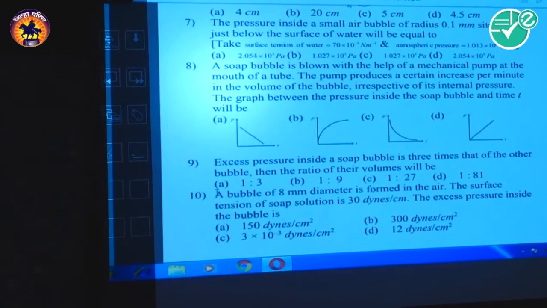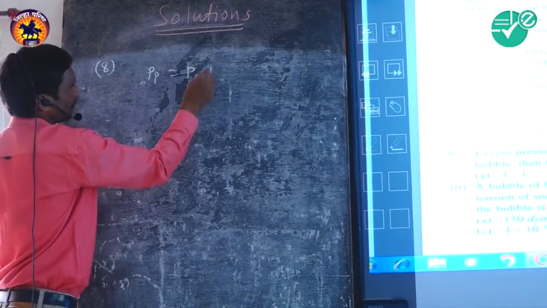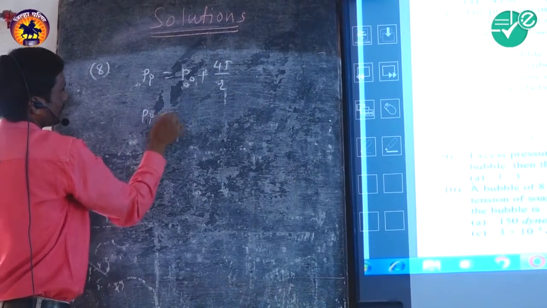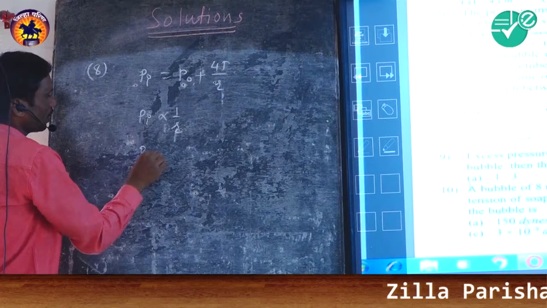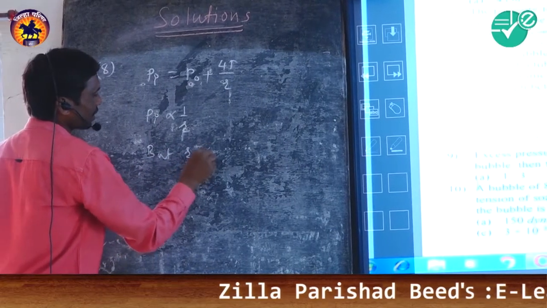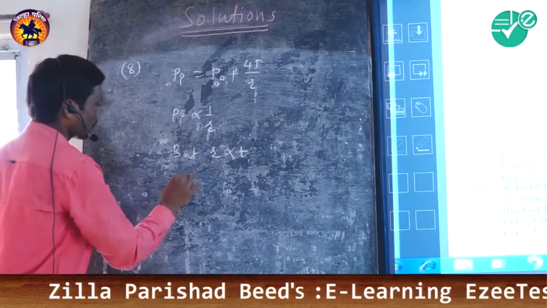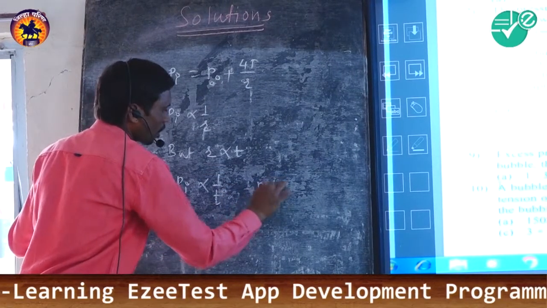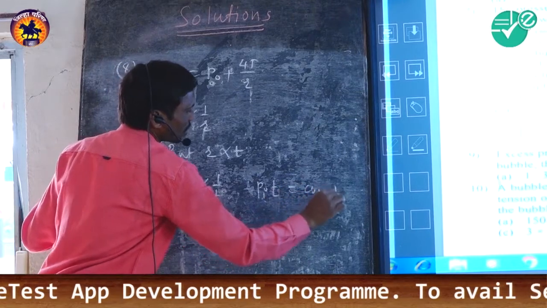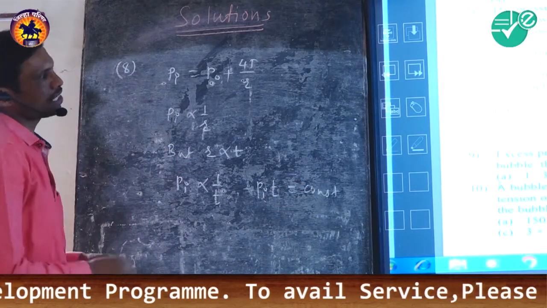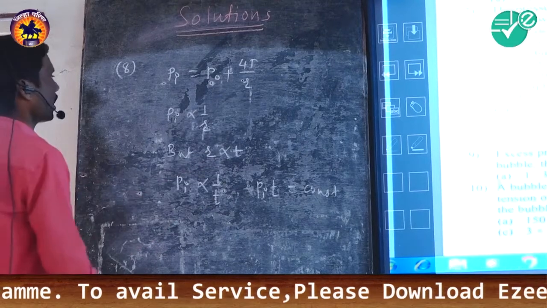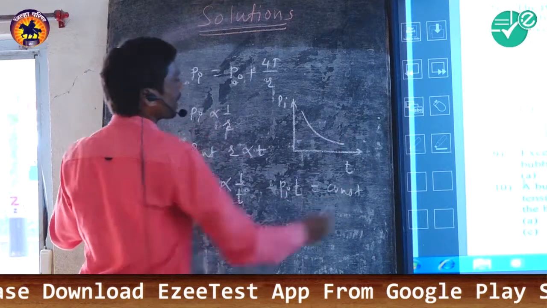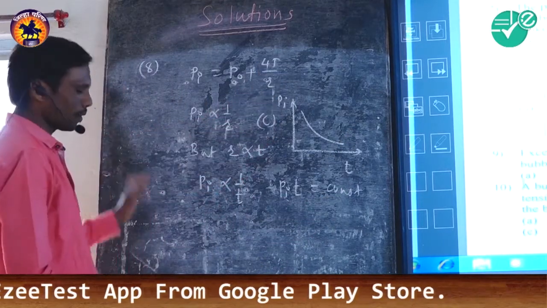You know, pressure inside the soap bubble is given by this expression 4T divided by R. It means inside pressure is inversely proportional to R, but the radius of the bubble increases directly proportional to time. So here this Pi is inversely proportional to t, it means the product Pi into t is constant. So obviously the nature of this graph is hyperbolic, it means option C is correct. Pi versus t, the graph is like this. Here the third option is correct.